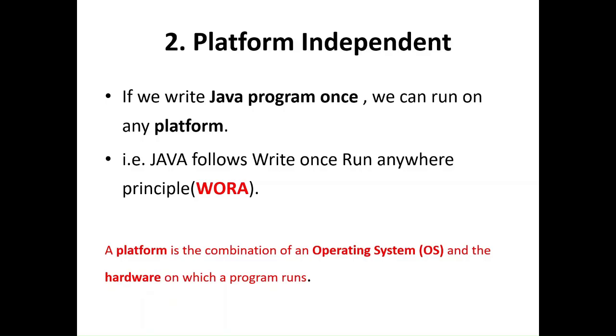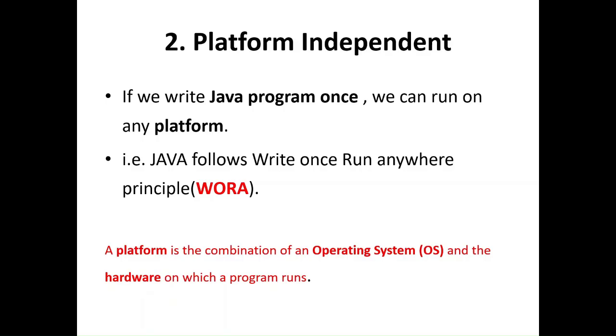When you compile a Java program in one platform, a platform in the sense the combination of the hardware and the OS. Suppose you have a machine with the Intel and Windows platform, and you compile a Java program in your platform, that is Windows and Intel. Now the dot class file, after compiling, the source code will become a bytecode, that is called dot class file. That same dot class file will execute in another platform.